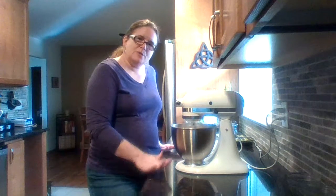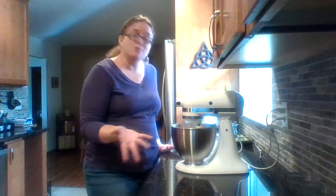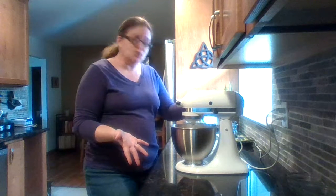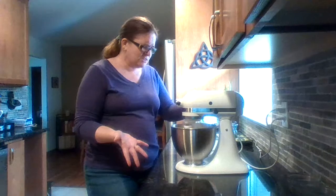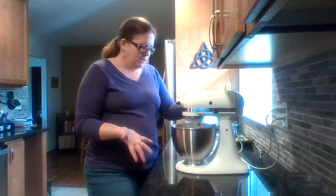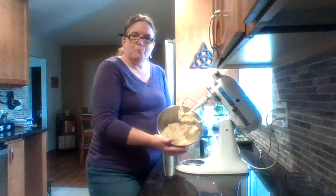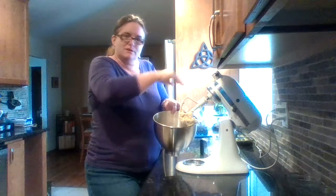I will say, depending upon how dry or moist your climate is, if you're in a humid environment, you might need less wet ingredients. If you live in a dry environment, you might need more. Now, it looks like, because at about this time, just with my experience, this should be coming together as a big white ball. And it's not. It's like a little wetter